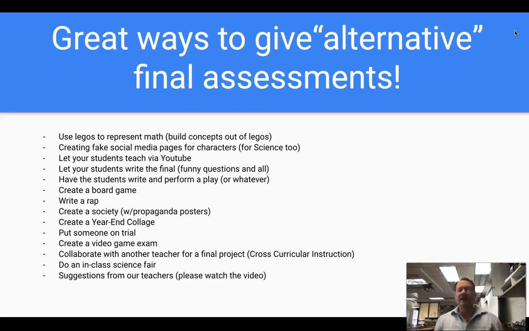Create a year-end collage is the next one. So rather than testing the students on the most recent unit that they did, have them revisit all that they've done all year and put together a collage of all the concepts they've learned all year so they can revisit all that. Next one, put someone on trial, great for argumentative writing,